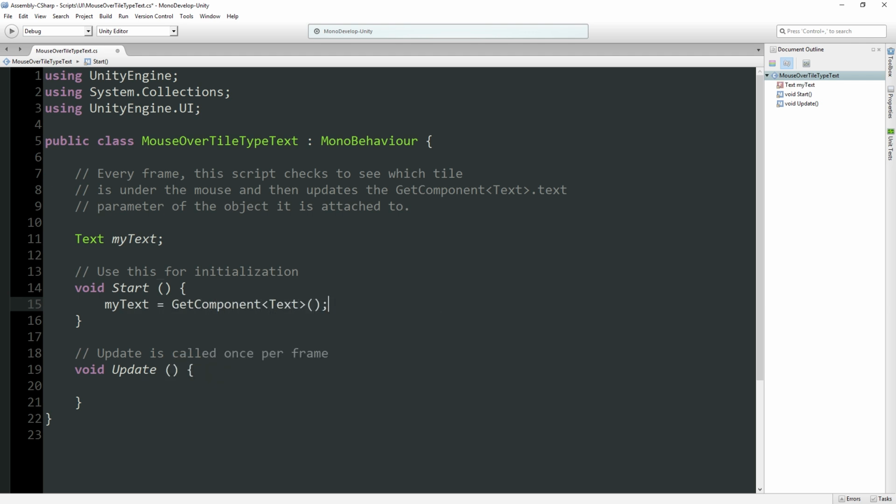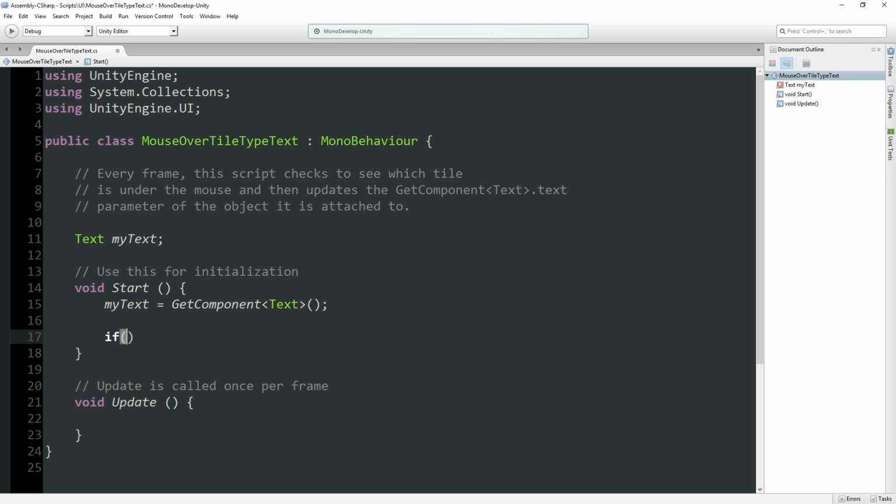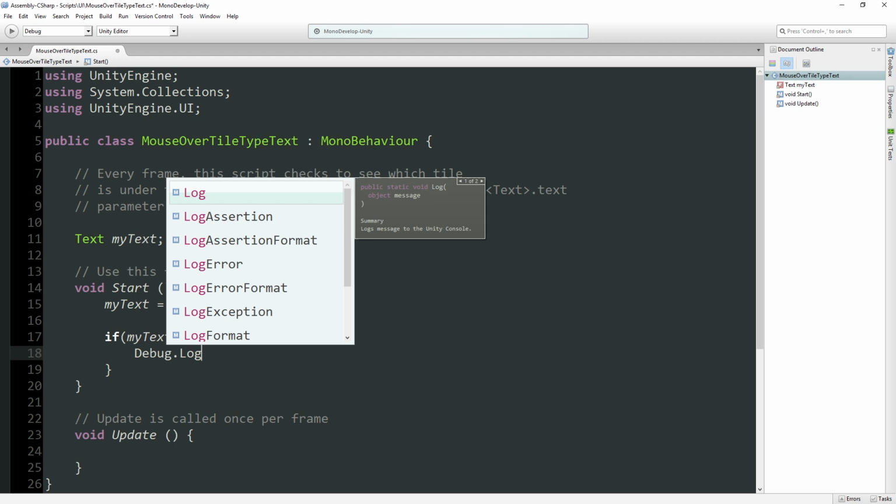Now, I've talked about before, since Unity whatever, it's not important to cache this on your own because Unity does a proper job of caching this internally now and being very fast, where this didn't used to be the sort of thing that you want to do every single frame. But this is fine, and the real reason I'm doing this, and I guess I didn't have to do this, I could just do an if GetComponent text, but I'll say if myText is equal to null, then we can do something like Debug.LogError